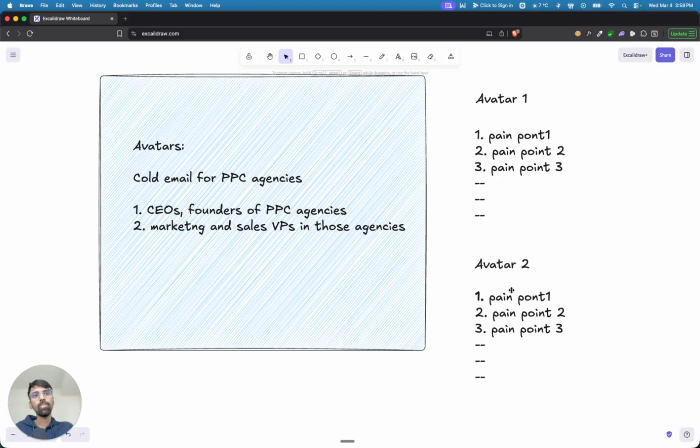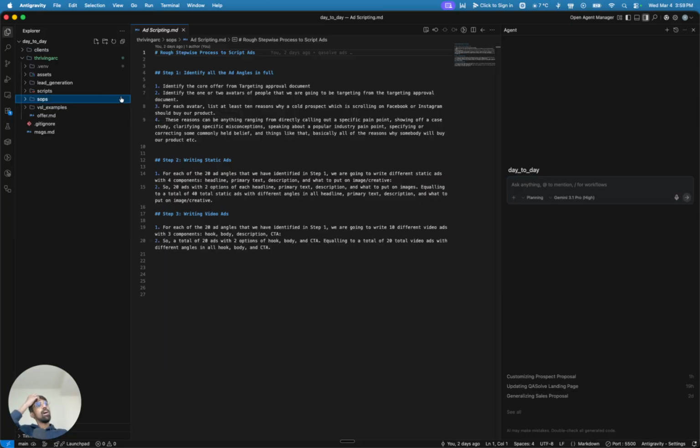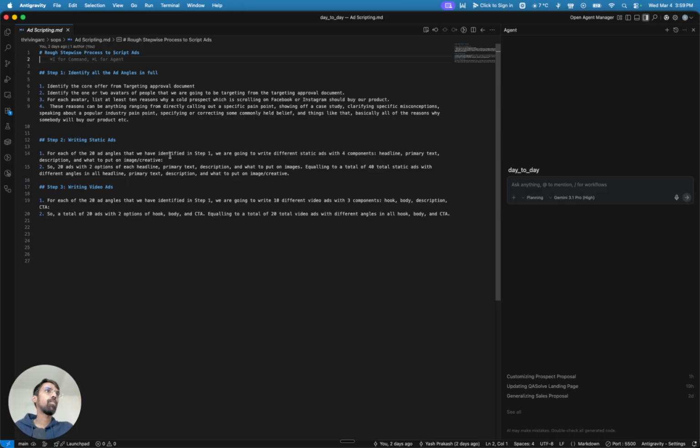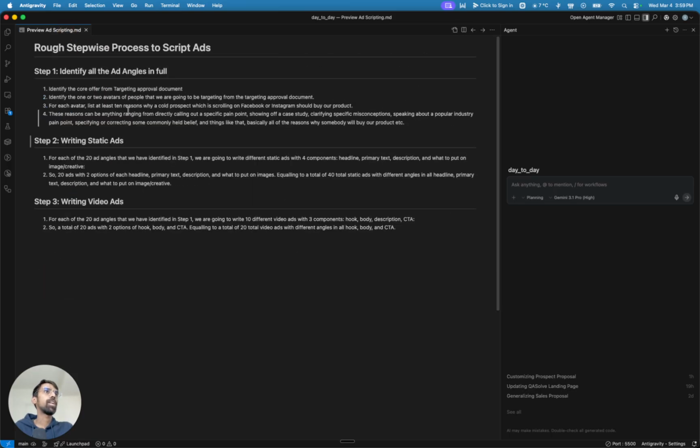So let's go back to my anti-gravity setup and let's see what I have built here, a rough stepwise process to script ads. So let me just preview it. You can preview it using this link. So you do not need a very thorough